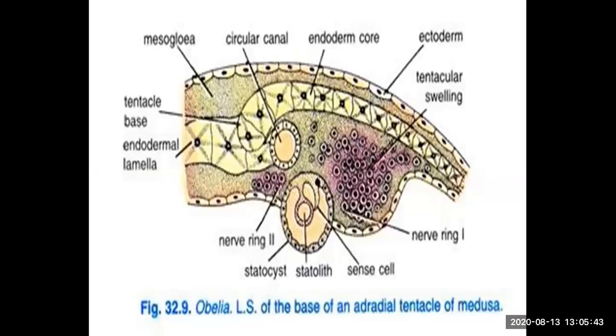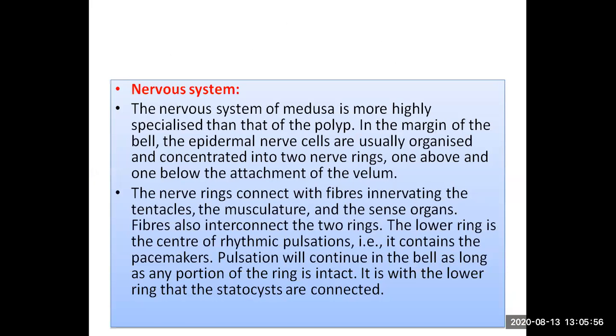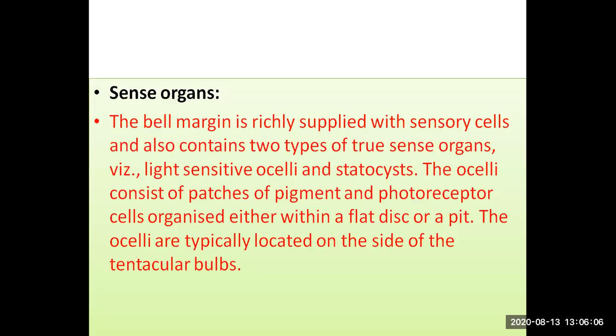Mesogleal tentacles. So observe the radial tentacles of the medusa, statocysts, statolith cells. Nervous system: the nervous system of the medusa is more highly specialized. Sense organs: the bell margin is richly supplied with sensory cells and also contains two types of sense organs, light sensitive oculi and